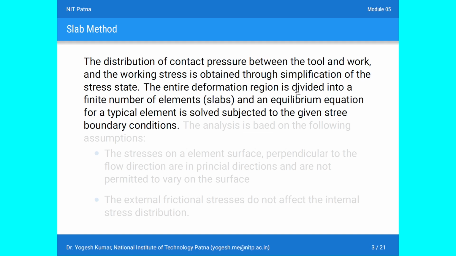The entire deformation region is divided into a finite number of elements in the form of slabs, and then the equilibrium equations of any typical element are solved, subjected to the given stress boundaries. Okay, so there is a typo, it is stress. So this is how we carry out